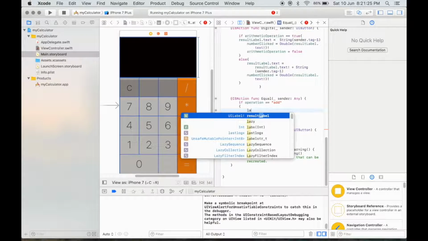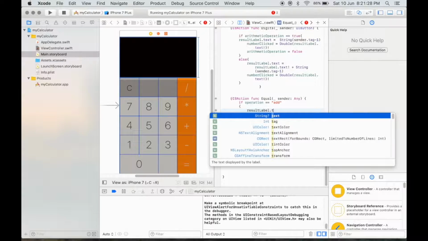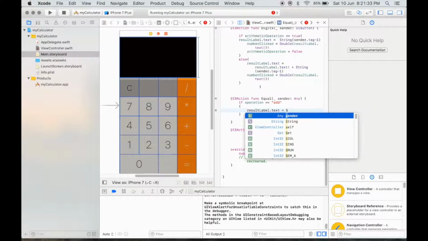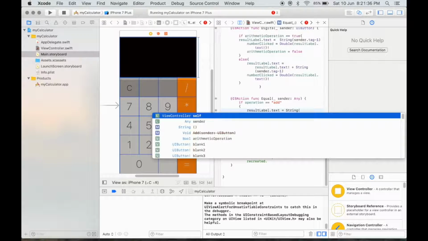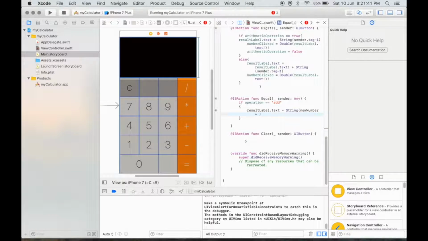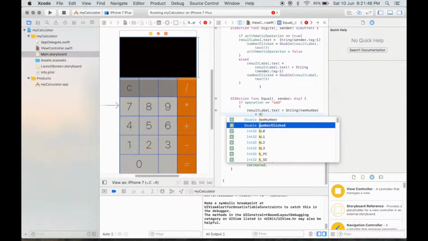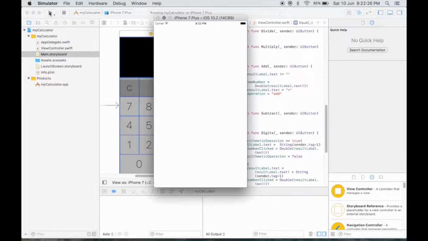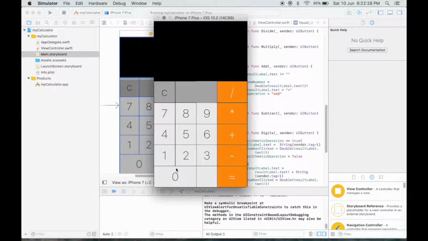So we'll say result label dot text is equal to string new number plus number clicked. Let's run the program. Now I'll type say 12 plus 6 equal to, so it's showing us the result 18.